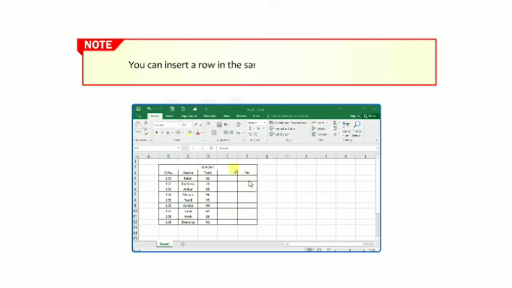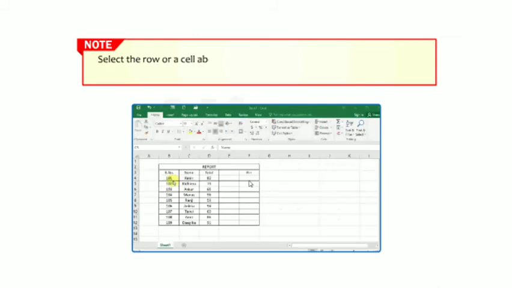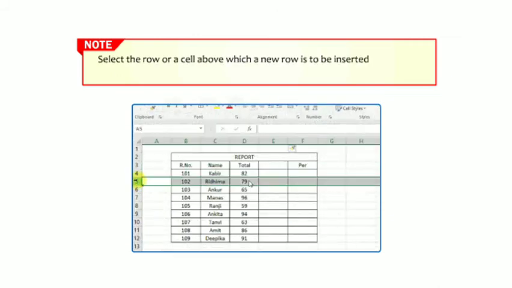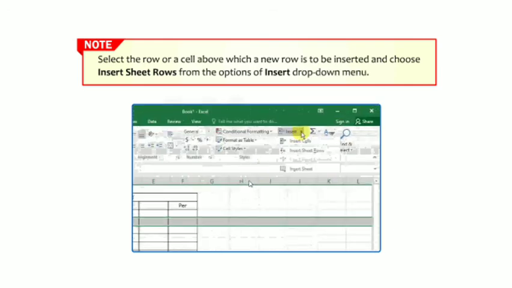Note, you can insert a row in the same way as you can insert a column. Select the row or cell above which a new row is to be inserted and choose Insert Sheet Rows from the options of the Insert drop down menu.